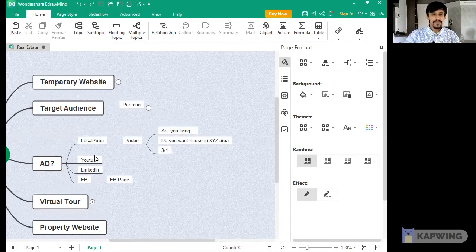On LinkedIn, Facebook and YouTube, make sure you have a Facebook page, because you have to upload all these videos on the Facebook page. While running a Facebook ad, you must have a Facebook page. Without a Facebook page, you cannot run a Facebook ad. Okay, that's very important. So if you have no experience in advertising, just hand over this work to the experts, because it's all about practice in advertising.